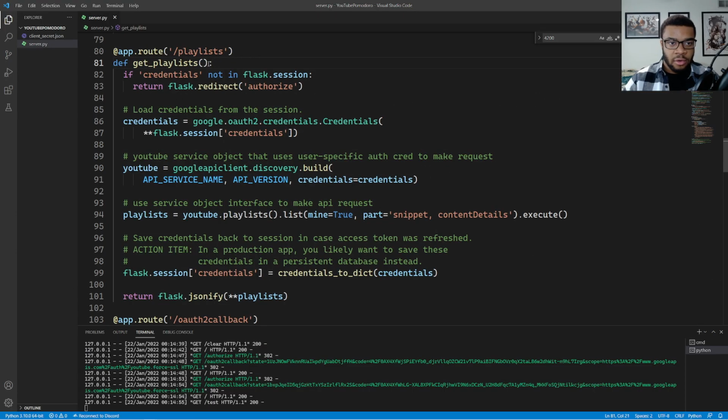Okay, so I've gone ahead and created this get playlist method, and pretty much what this is going to allow us to do is just get a list of our current YouTube playlists. And just to explain a little bit on how this works, the first thing we're going to do is check if we are logged in or not. If we're not, then we're going to redirect the user to the login screen. Otherwise,